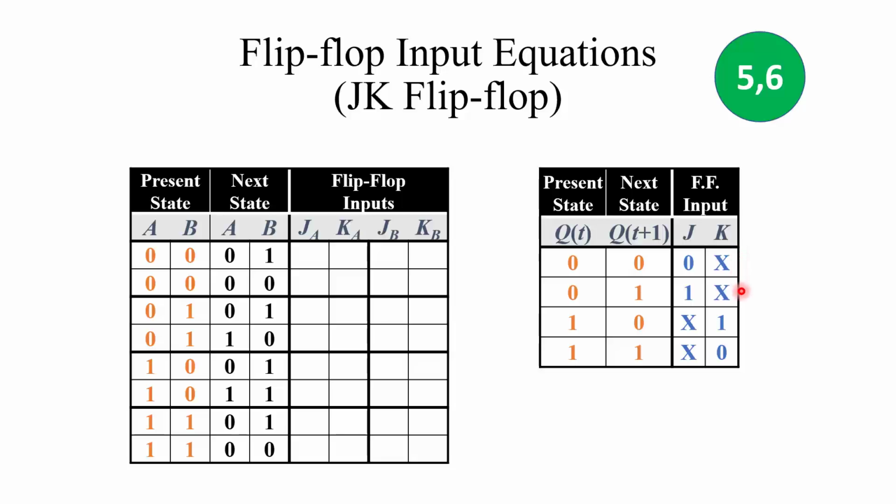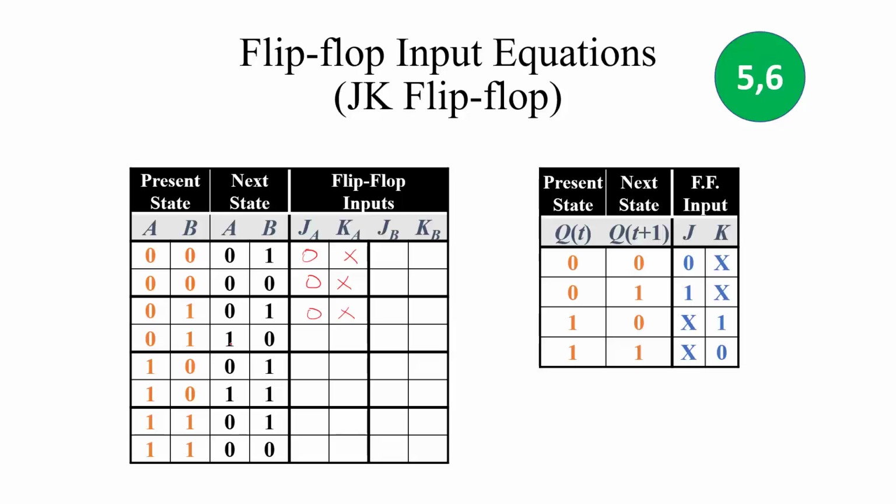Once we have the excitation table, we can easily fill in our flip flop inputs by looking at these state transitions. For example, A was 0 in the present state, and the next state of A is also 0, so we go to the first row and look up the flip flop inputs: they should be 0 and x. Similarly, 0 to 0 state transition, 0x here,